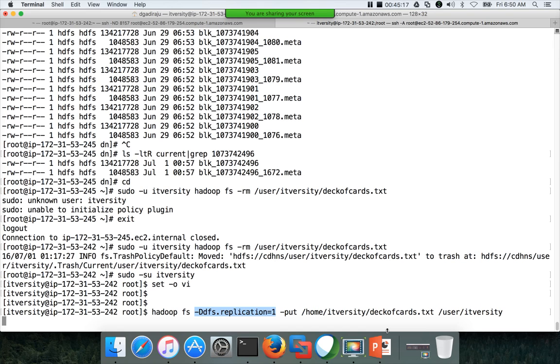We are just overriding the parameters that are there in the parameter files at runtime. You can change the block size also. Instead of having 33 blocks, depending upon the block size, the number of blocks will change. So if I use 64 MB, it could be 65 or 66 blocks. You can do that also.